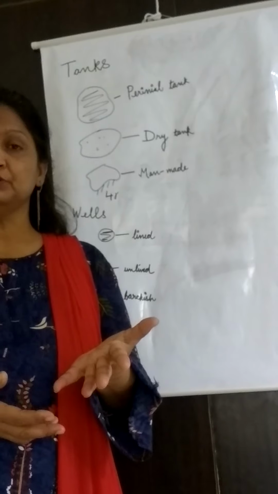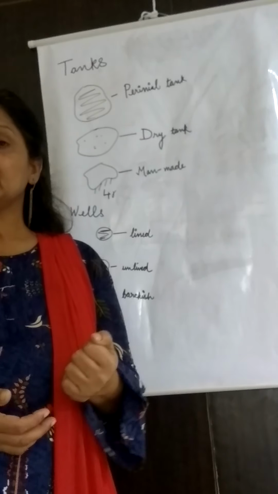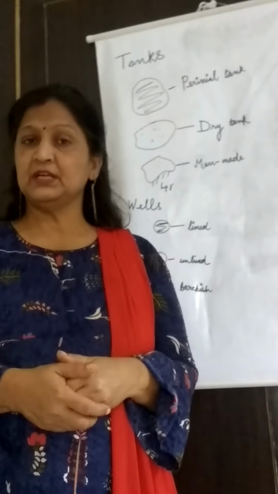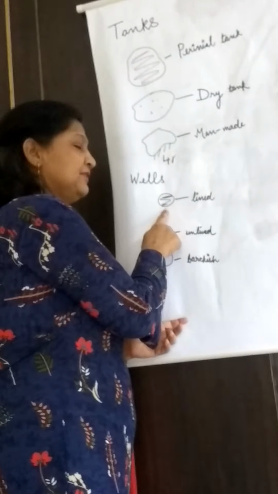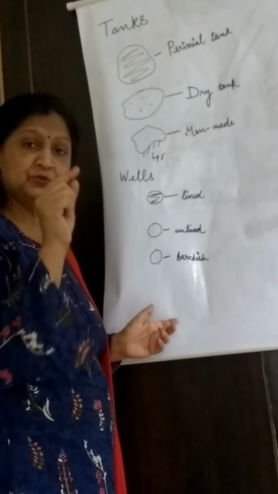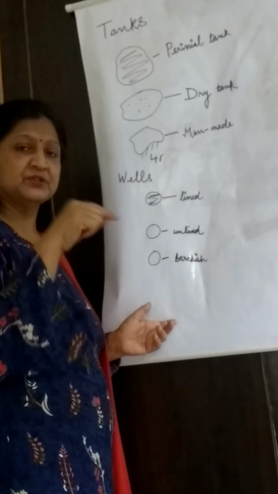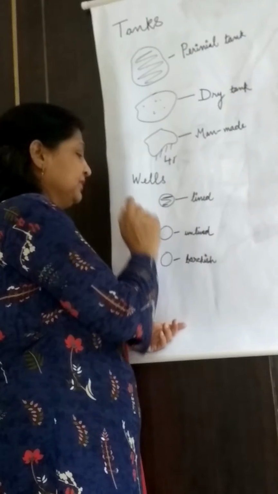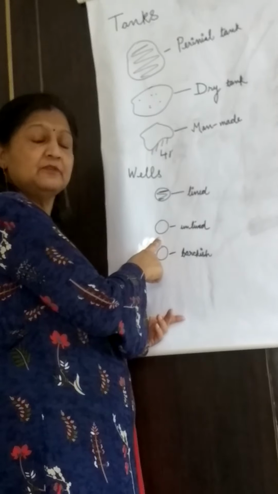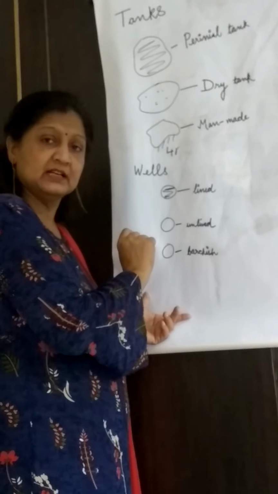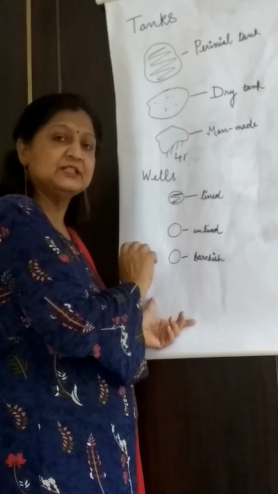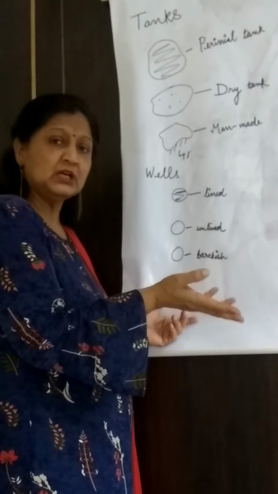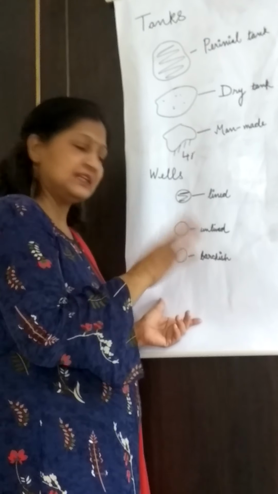You know the kacha kuwa and the pakka kuwa. The lined well is nicely cemented and has water throughout the year. It will always be indicated with a blue circle in the color. A blue circle means a lined well having water. If it is simply a circle with white dots, it means the well is dry. The well is not lined, it is a kacha kuwa, and it dries up in the dry season.